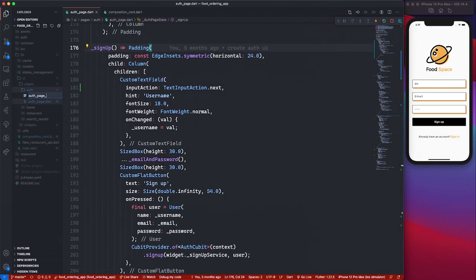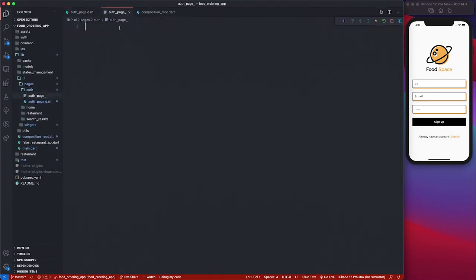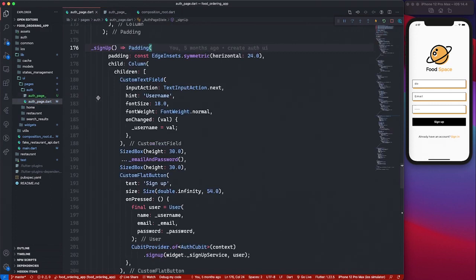So instead of having all the parameters needed for the next screen inside of this particular screen, for example, inside of auth page here,